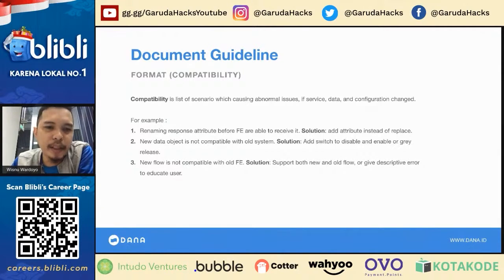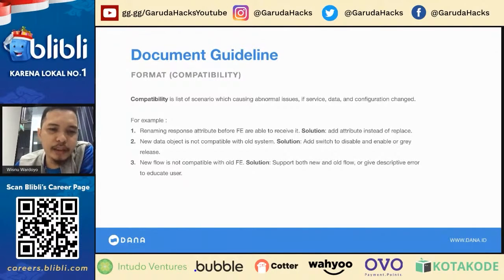Okay. The second example of a compatibility issue is a new data object that is not compatible with the old system. Solution: maybe we can add a switch to disable or enable the new system before all the other old systems are upgraded. Or we can use a canary release or gray release. Basically, we release to 1%, 2%, 3%, something like that.